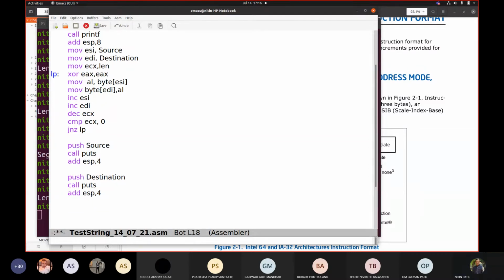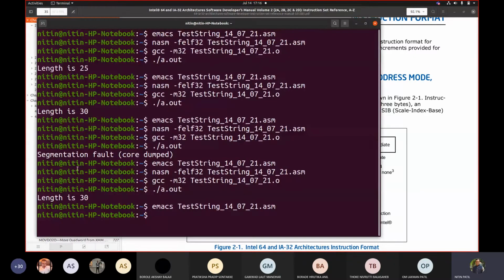So what I did here, you can see, like if I ask you to write this code, what will you do? You will take one character from the first array, correct? Store it in a variable and copy the same character to the next variable. And then you are going to increment the address by 1 each. So that's what we are doing. Fine. So let us see what is the output. So hopefully there is no error.